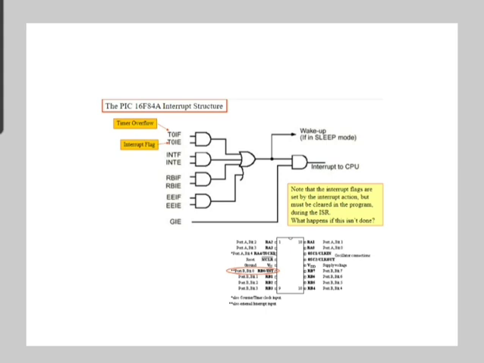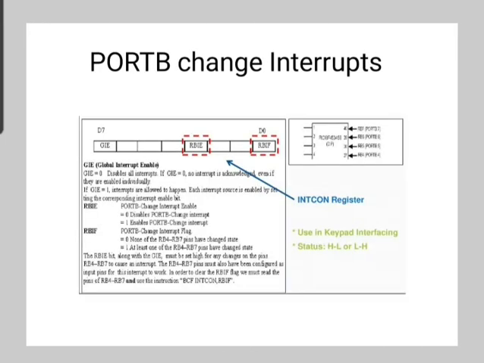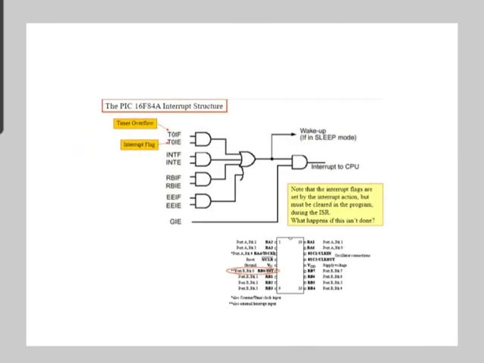The high priority interrupt vector is 000008H and the low priority is 000018H. High priority interrupt events will interrupt any low priority interrupt that may be in progress. There is a set of SFRs, that is special function registers, which are used to control the interrupt operations.